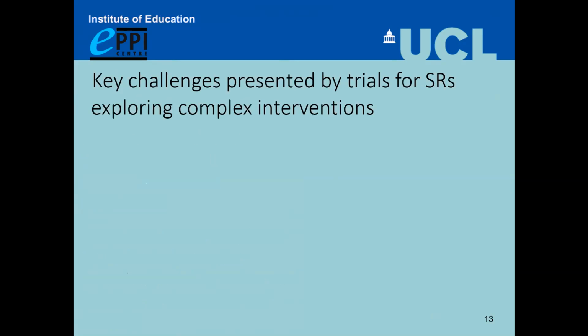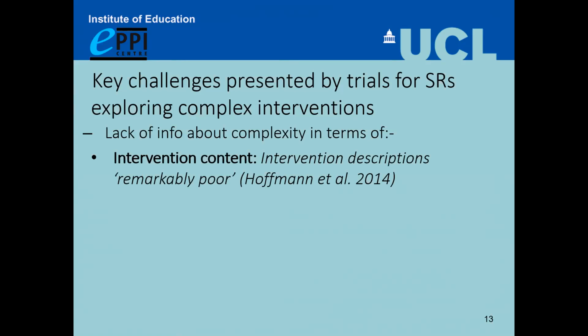And when working with trials, we found that trials themselves didn't lend themselves to analysis of that type of complexity, generally because there was often a lack of information about that complexity. So Tammy Hoffman and Paul Glasziou have been for many years trying to get trialists and systematic reviewers to be clearer and provide more detail and structured information about the content